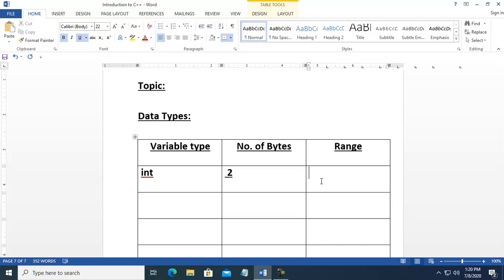It can store a maximum, from negative to positive numbers, of plus or minus 32,767. So it can store both positive and negative. Okay, next type is